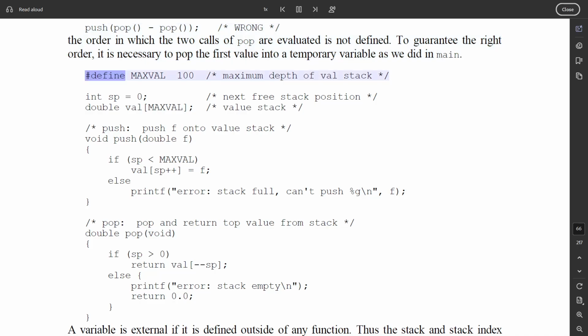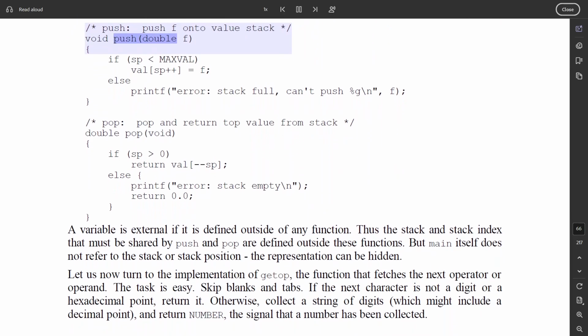#define MAXVAL 100 /* maximum depth of val stack */ int sp = 0; /* next free stack position */ double val[MAXVAL]; /* value stack */ /* push: push f onto value stack */ void push(double f) { if (sp < MAXVAL) val[sp++] = f; else printf("error: stack full, can't push %g\n", f); } /* pop: pop and return top value from stack */ double pop(void) { if (sp > 0) return val[--sp]; else { printf("error: stack empty\n"); return 0.0; } }